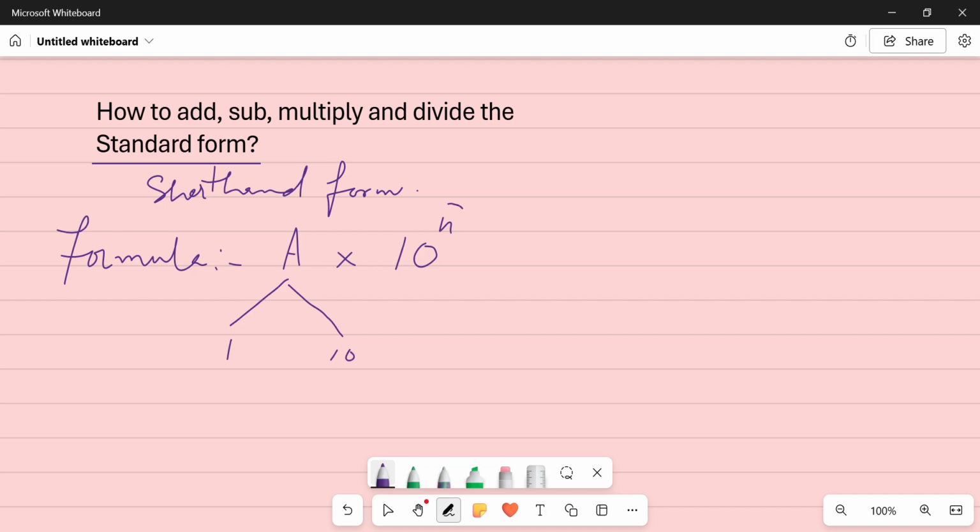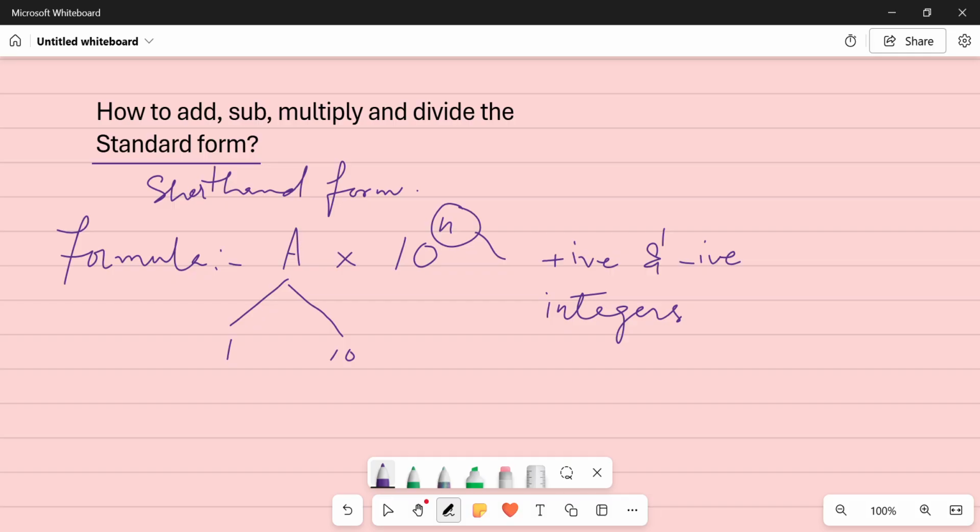And what is the meaning of this n? N is actually the positive and negative integers, right? So it could be like when you multiply or divide in this power, right? So here,